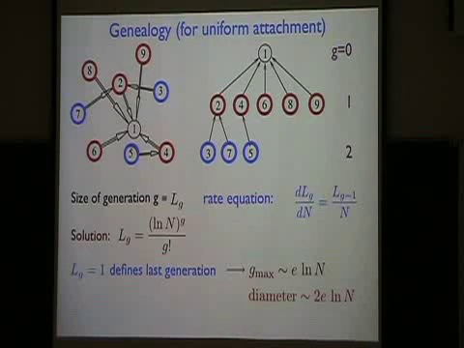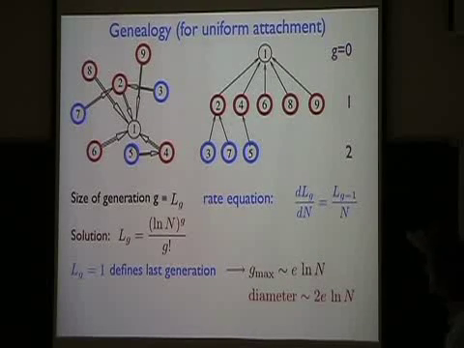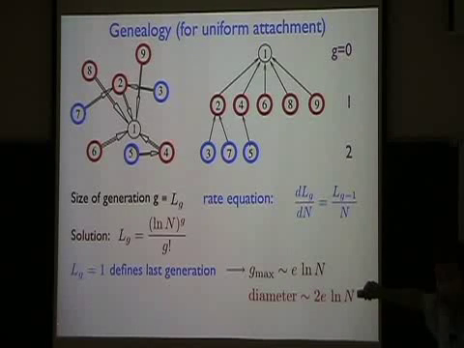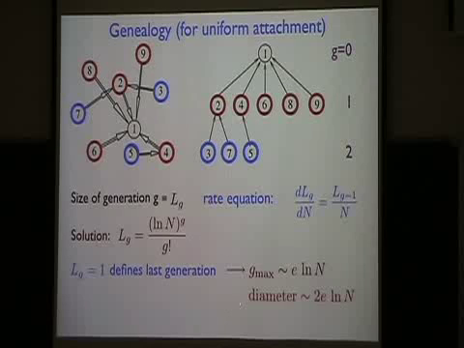But the diameter of the tree, the maximum distance I have to go to join any 2 points, is, the worst I could possibly do is start at generation G, go all the way up to the parent, and then go somewhere down here to meet some other distant family member down at generation G. So the point here is that the diameter of the network is twice the maximum depth, so it's 2e log n.